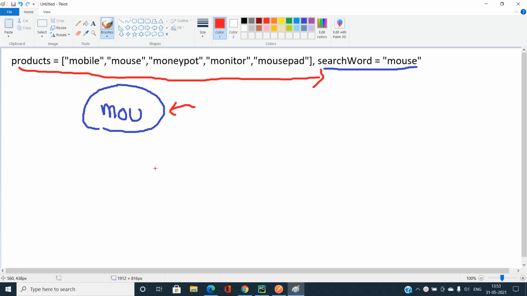The reason behind it is very simple. If we store the strings in a heap, the strings are already sorted in lexicographically smallest order, that is, in dictionary order. So I will pop out the first three strings. MOU has the prefix of mouse and mousepad, so mouse and mousepad will be stored. Then I will pop out the first three strings. If there are not at most three strings, just take whatever is present in the heap.